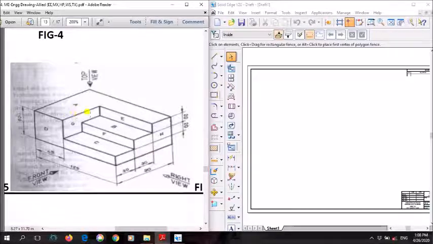Okay, so here on the left side you can see there is another type of problem. Here also we need to convert it into a 2D drawing. We again have three views given in the question: front view, top view and right view. Here they have given the right view, which has to be drawn on the left side. The front view here, then the right view is drawn on the left side of the front view, and again the top view at the bottom. So let's go through the front view first.